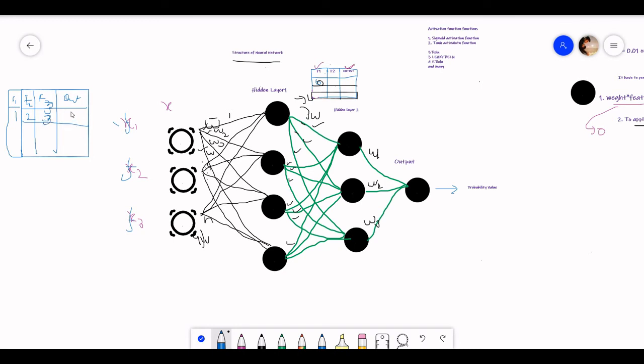Now we have to find this. Here we have a value of 1, here 2, here 3. Let's suppose our weight 1 is equal to 0.01, weight 2 is 0.02, and weight 3 equals 0.04. We will talk at a later stage about how we can select these values.